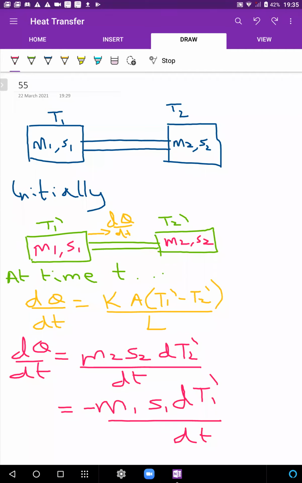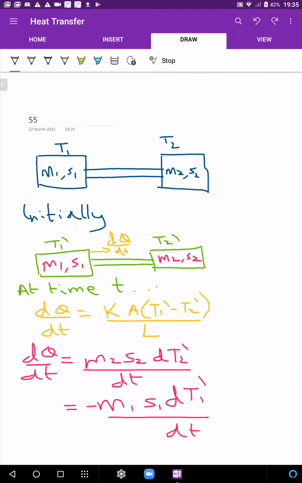All right. So when you take out dq amount of heat from M1, remember heat given is ms delta T, and heat lost or heat removed is ms T initial minus T final. Yeah, minus ms delta T. तो वही लिखा है, heat removed is minus ms delta T for body 1, and for body 2 heat supplied is positive ms delta T. Right? We study that in calorimetry. यहाँ से actually क्या हो जाएगा?